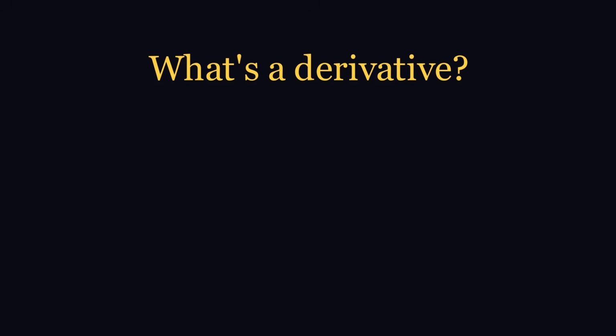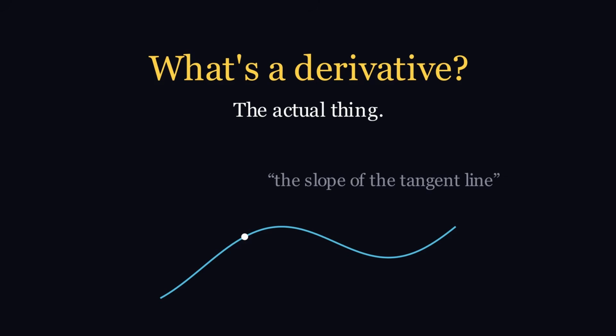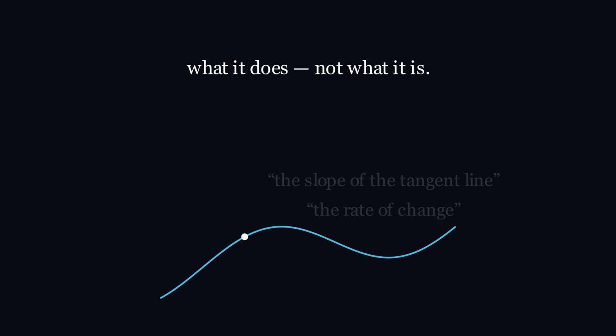What's a derivative? And I don't mean the formula. I mean the actual thing. If I stopped you on the street and asked, you'd probably say the slope of the tangent line. Or maybe the rate of change. And sure, those will get you full marks on a test, but they're telling you what a derivative does, not what it is. And the difference turns out to matter a lot, so let's build the real picture, from the